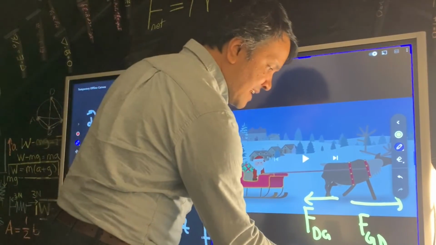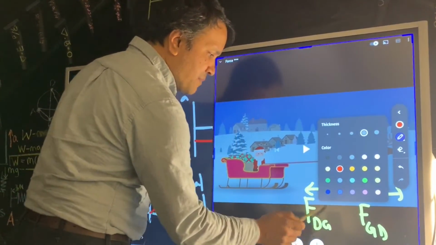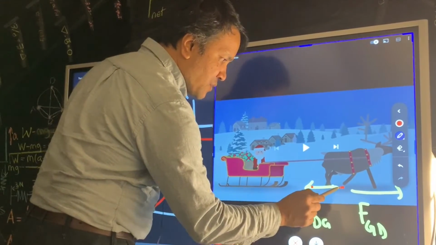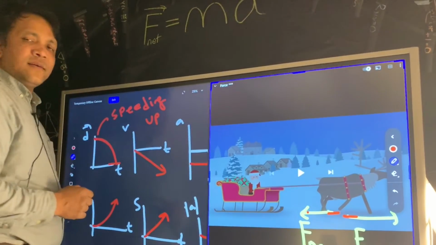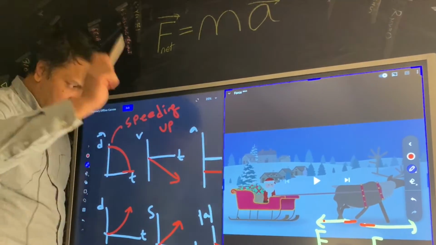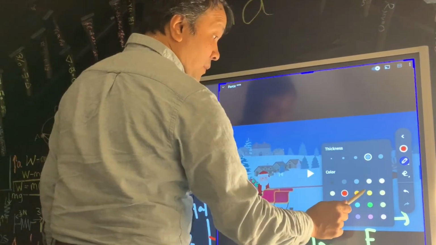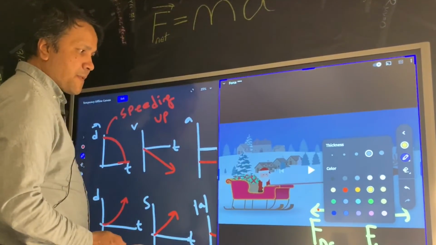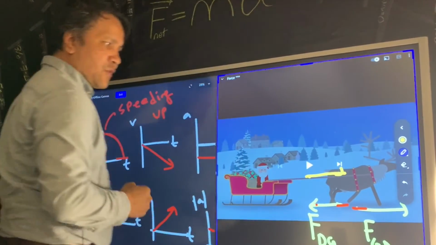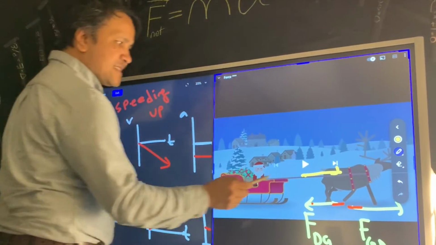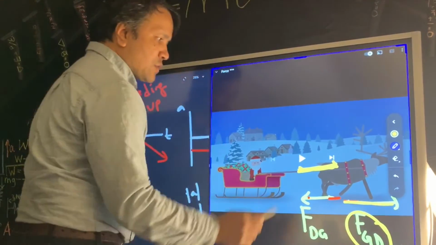If the reindeer applies a little bit more force to the ground, then the ground pushes a little bit more on the reindeer. How does that help? It accelerates forward. It's helpful because the rope is putting some force on the sled,